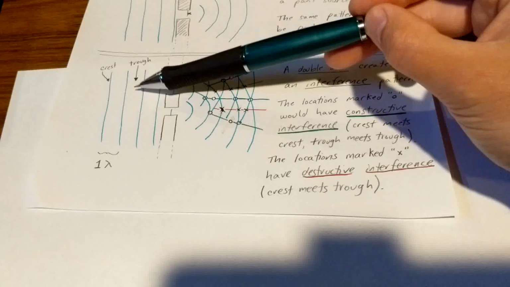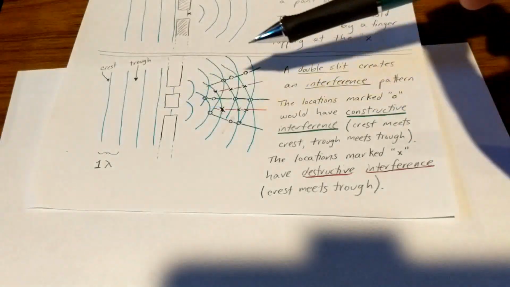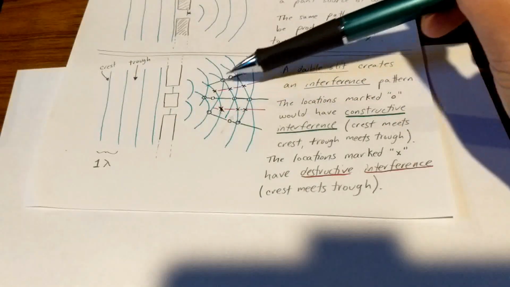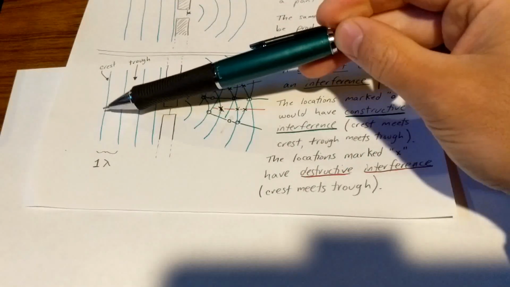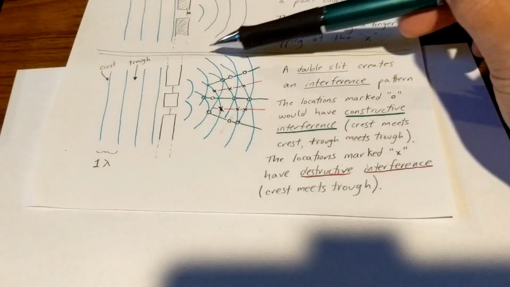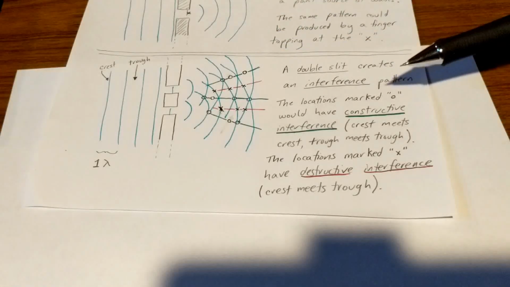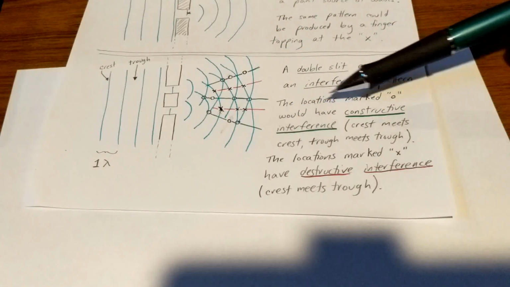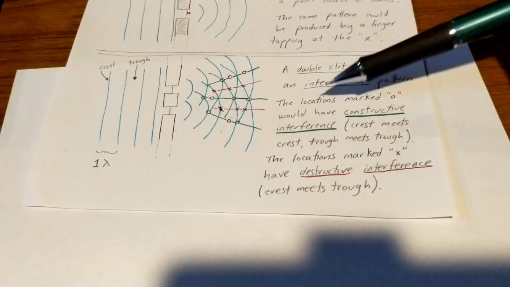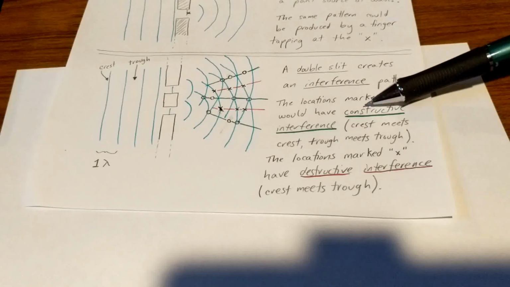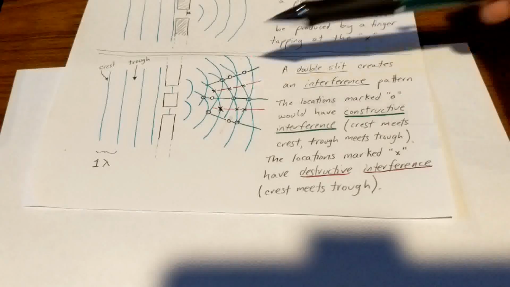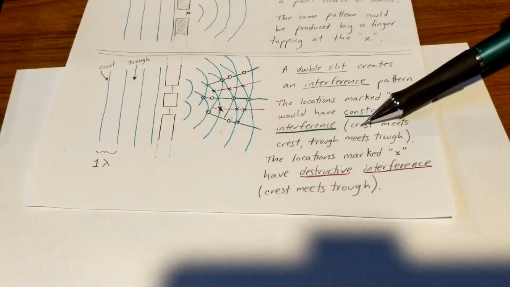I could have done it in pencil or a dotted line, but you really only need to see that the crests line up together over here in particular places. The space between two successive crests is one wavelength. And what we've got going on over here is called an interference pattern. In this case, the locations that are marked with a little O, like here and here and here, would have constructive interference. Constructive because they would build to higher amplitudes at those locations, either because a crest meets a crest